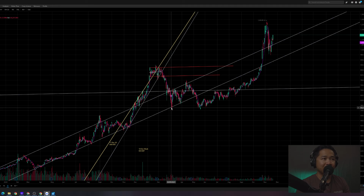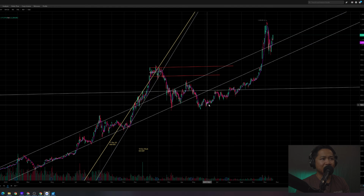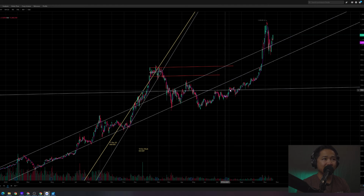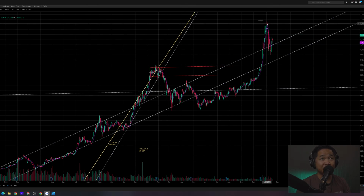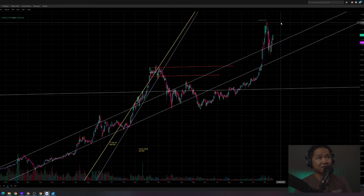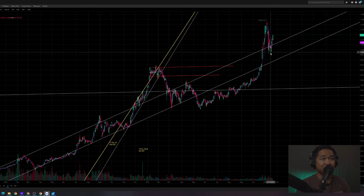So we followed this support line right here, roughly around 540, let's say, right? And we traded sideways, but a little bit of uptrend. And we actually broke through this resistance line of 692, and we had this uptrend, as you can see here, and then we broke through the all-time high of 900 to the upside, and we went up to 1243 and 49 cents, and we went back down to this trend line right here that I drew out last year,